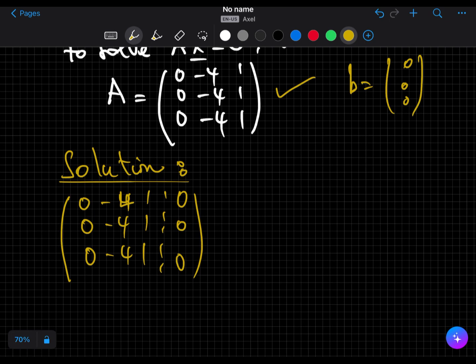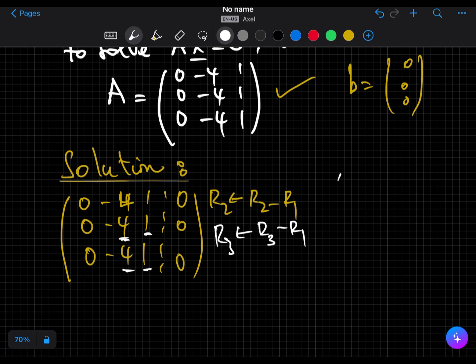I realize that I can do R2 equals R2 minus R1, so that I can have some 0 here, and R3 equals R3 minus R1, so that I also have 0 here. So this will lead to